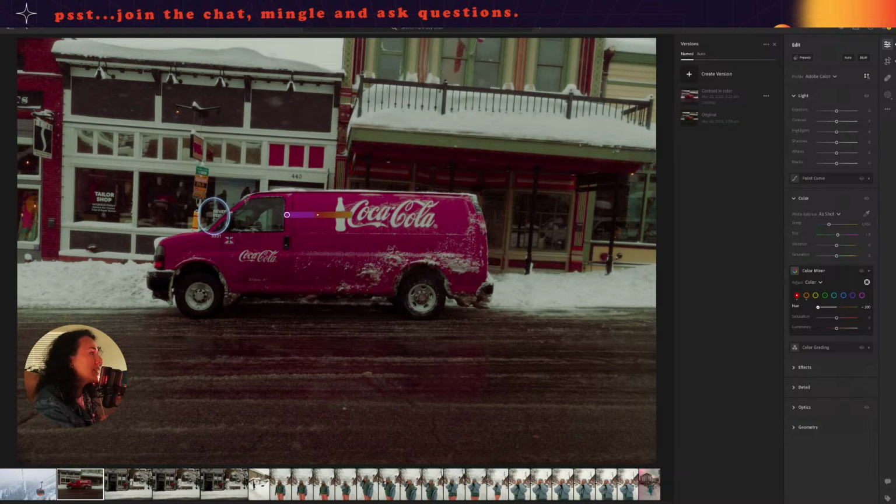Look at that. It turns into a brand new branding of Coca-Cola. Coca-Cola would probably be like, don't do it. We have a specific hex color for that, but we like experimenting in here, so we get to go wild